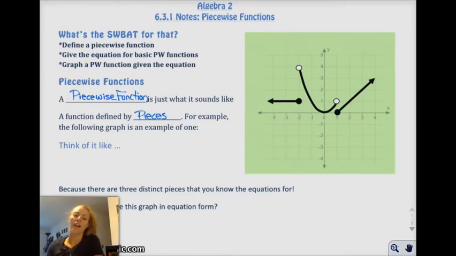Okay, so the graph on the right is an example of a piecewise function. As you can see, there's different chunks, right? There's a chunk on the left side of -2. There's a chunk of a graph in between -2 and 1 on the x-axis, and then there's a chunk after 1. Okay, and so you kind of want to think about it like neighbors with a fence in between them,